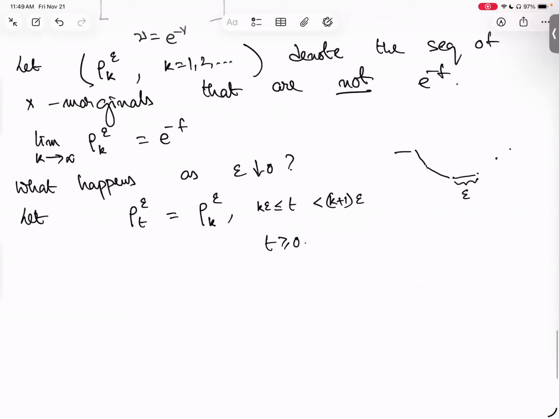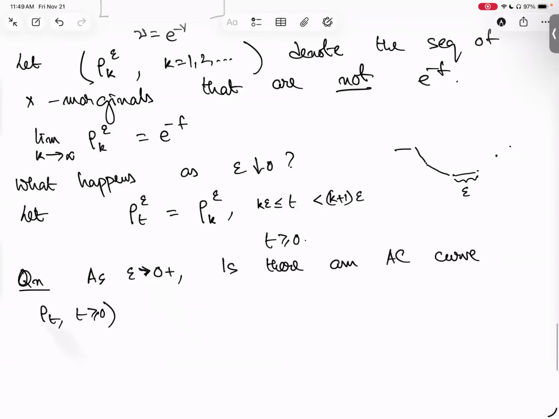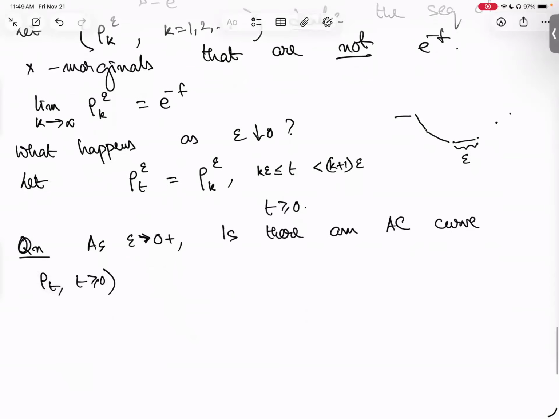Now, once I have this curve, I can ask the following question. As epsilon goes down to 0, is there an absolutely continuous curve rho t, t greater than or equal to 0, such that